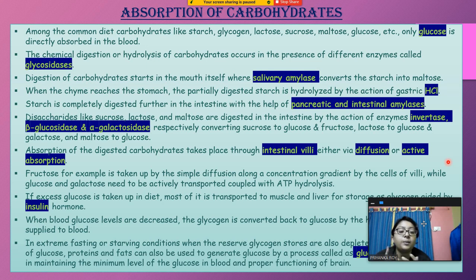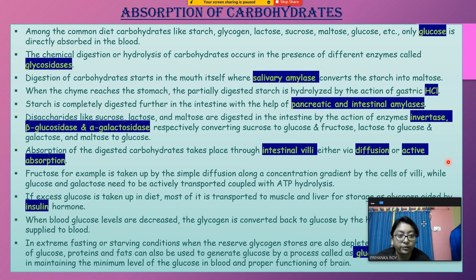Now, among these carbohydrates, only glucose is directly absorbed into the blood, and the chemical digestion or hydrolysis of carbohydrates occurs in the presence of different enzymes. They are called glycosidases, which means carbohydrate digesting enzymes are known as glycosidases. They are also called amylolytic enzymes. And this process is known as hydrolysis because it involves a water molecule, and this water molecule helps in the